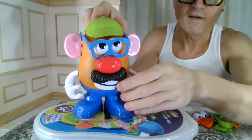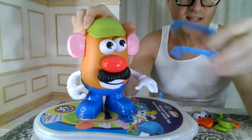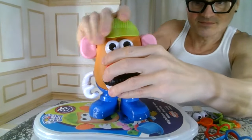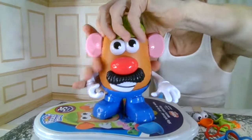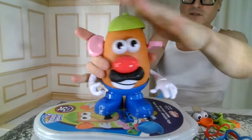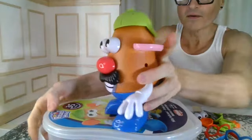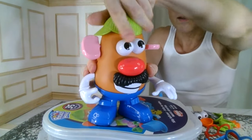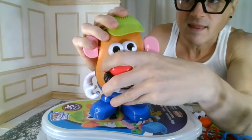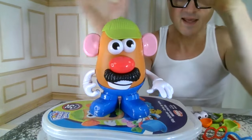Alright, so here we have Mr. Potato Head. He's looking pretty quintessential. In fact, I think I'm going to take away these glasses because they kind of make him not look normal. I like to put the cap on backwards. Do you like to put the cap on backwards? Oh, his cap's on backwards here. No, I like the cap forward. But I think I own this Mr. Potato Head. I think this might be one of the standard ones that I have, and I like it, but